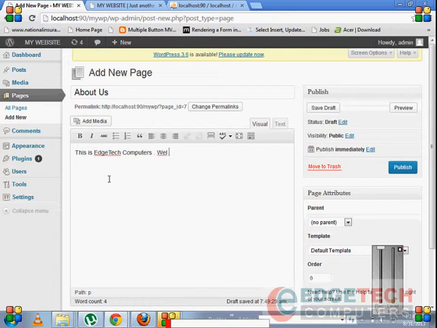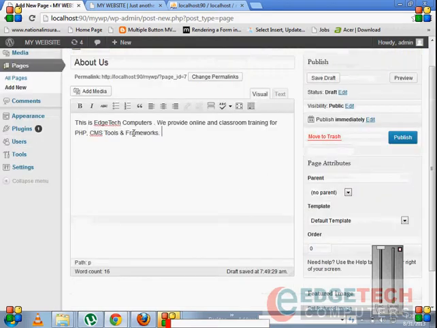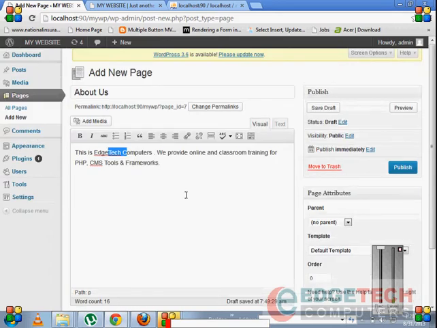We provide online and classroom training for PHP, CMS tools and frameworks. Okay, it's only an example. It's my institute name, of course, which is located in Vizag. Then publish this page.